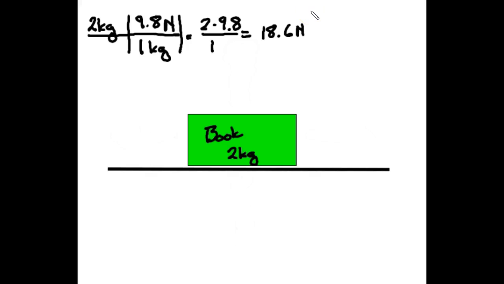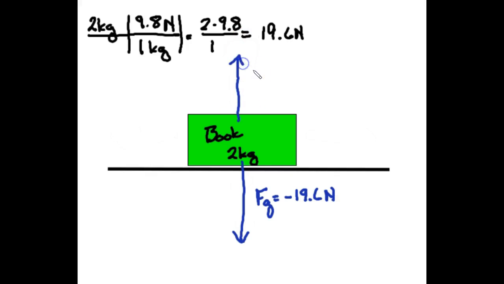Let me make sure. 9.8 times 2, 19.6 newtons. And so now I can add that to my free body diagram. The force due to gravity here equals negative 19.6 newtons, but then the table is also supplying, force table is supplying 19.6 newtons. And so, the force net